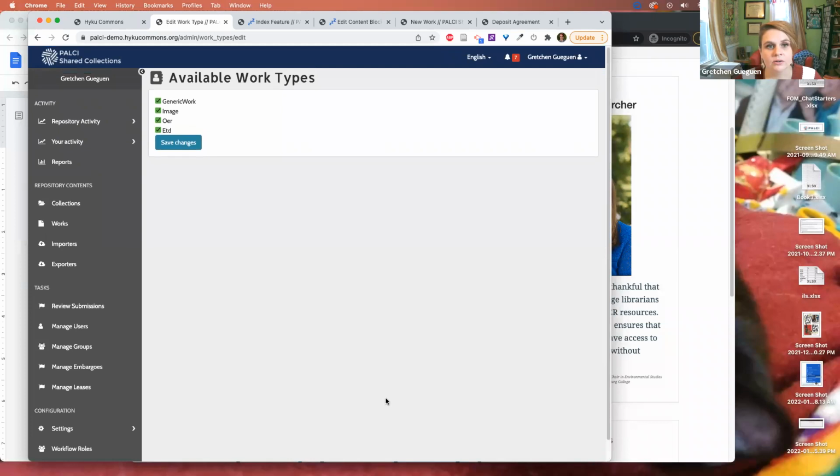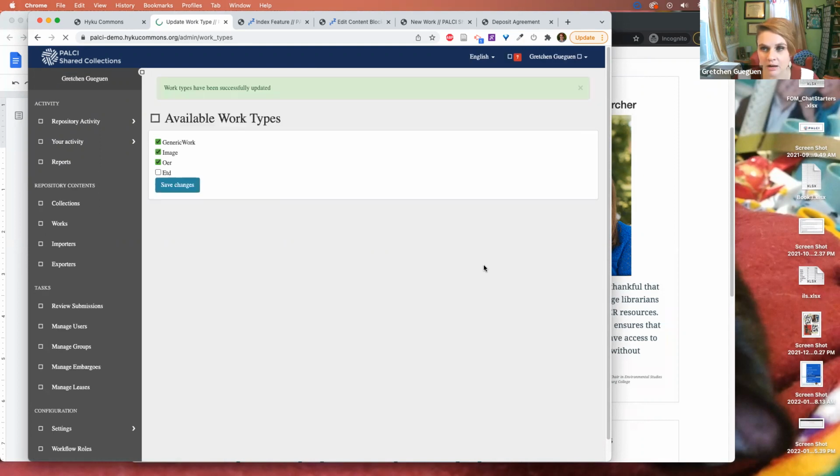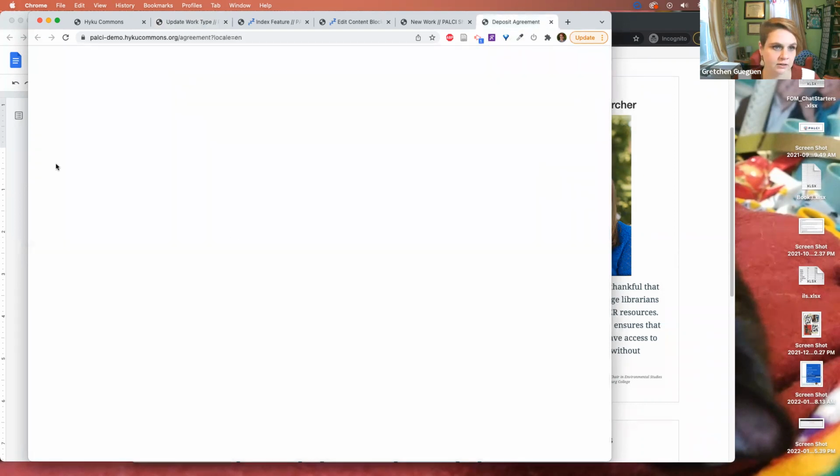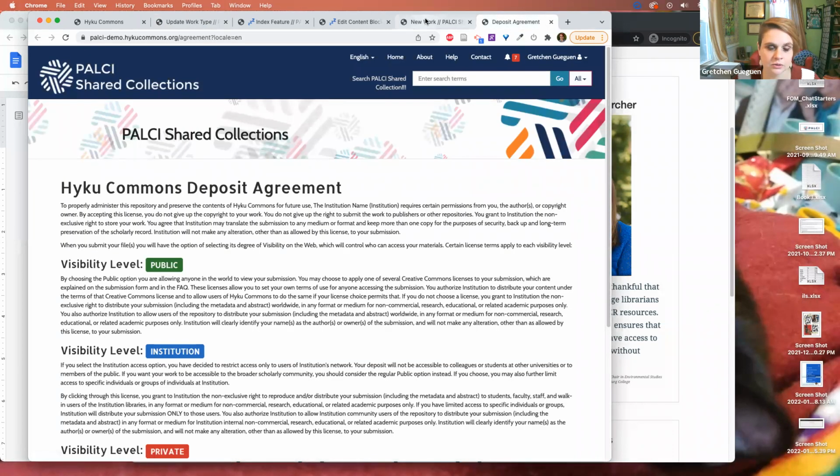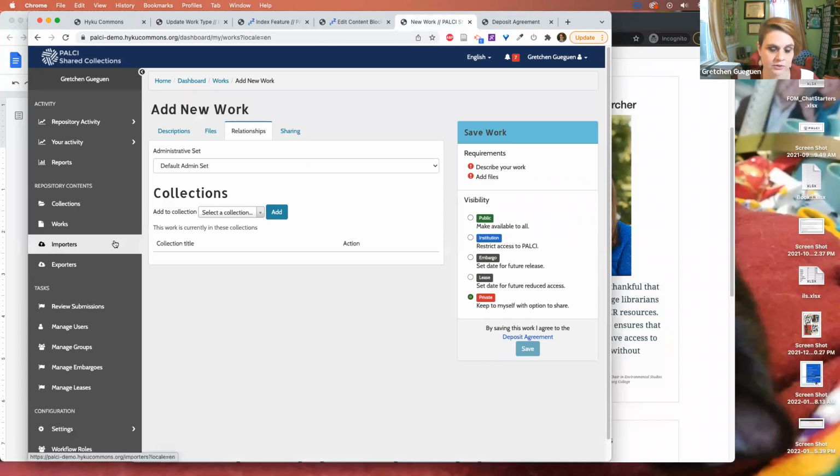All right. And finally, there are available work types. So right now in Hyku, we only have 4 work types. If you know for sure, for example, that you will never be using the ETD work type, you can remove it in this setting, and it will never appear as an option when someone tries to create a new work. So I've removed ETD here. And if I come back over here to create a new work and I start all over again,